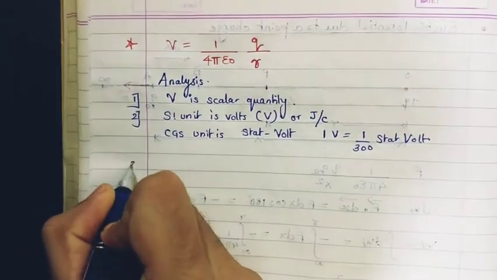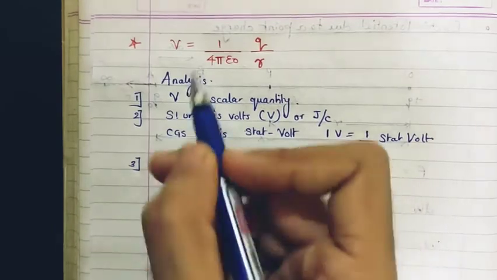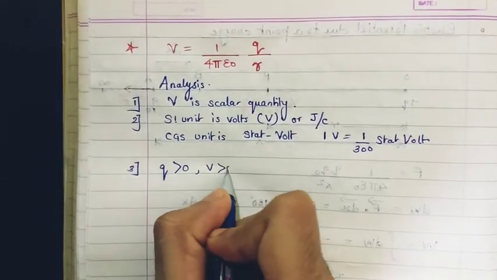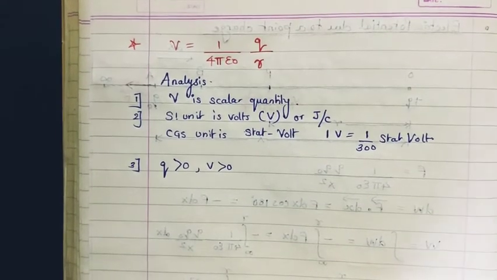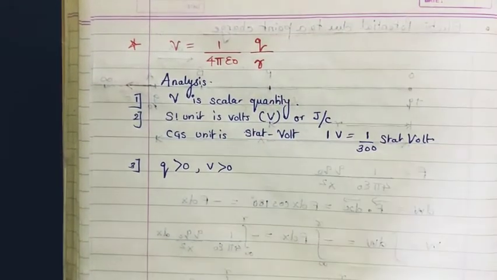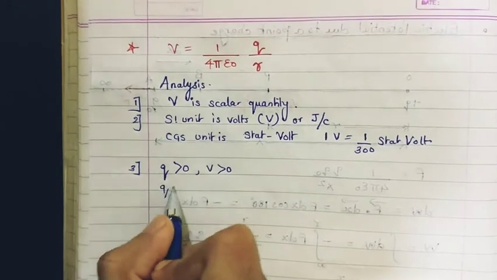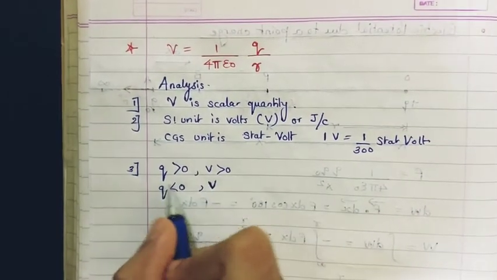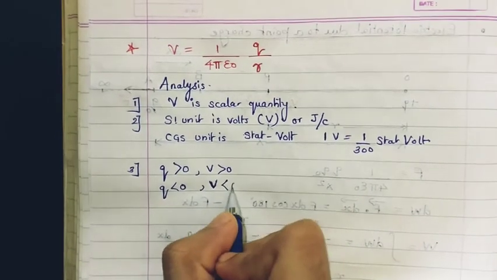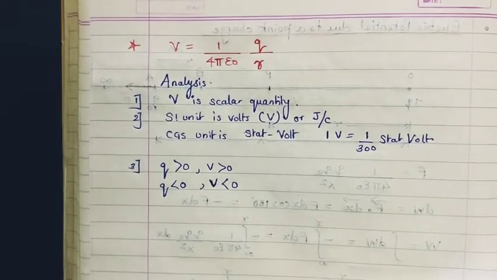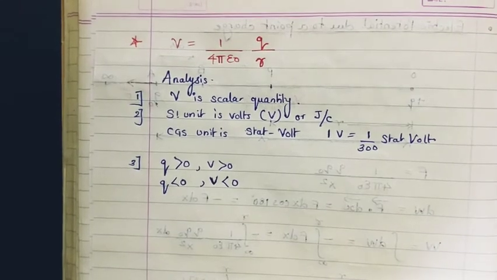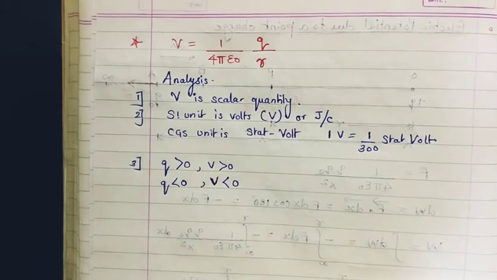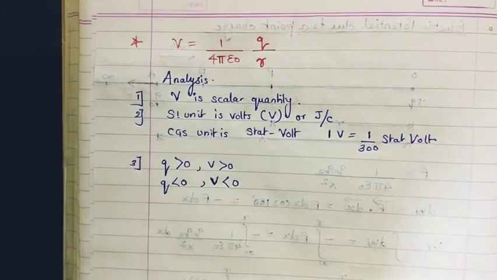Another thing you have to remember over here, for a source charge greater than 0, the potential will be greater than 0. That is, for a positive charge, there will be a positive potential around it. Okay, and for a negative charge, if the charge is less than 0, then the potential at a point due to this negative charge is going to be lesser than 0. Okay, so positive potential implies the work is being done by the external agent to move a test charge q naught from infinity to that point.